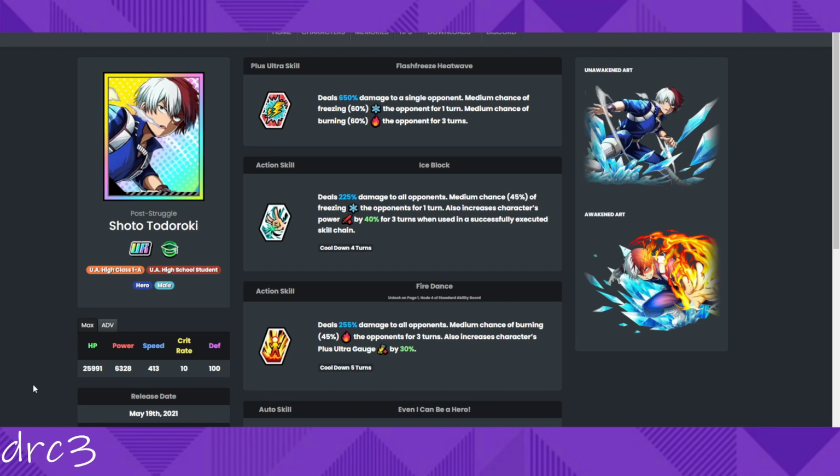So this guy is still pullable, so you don't have to freak out if you didn't get the Blue Todoroki, because this guy is like a close second. I definitely wouldn't say he's as good as the Blue Todoroki, but he does have his own advantages. Like he can freeze multiple opponents, he can burn multiple opponents, he's got the two AoEs, which are just nuts,